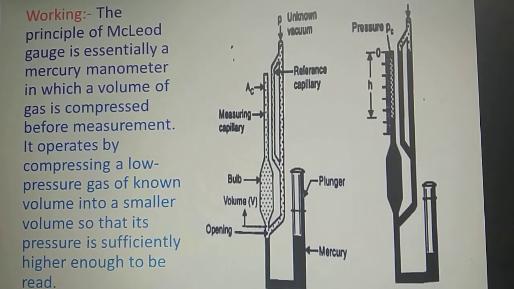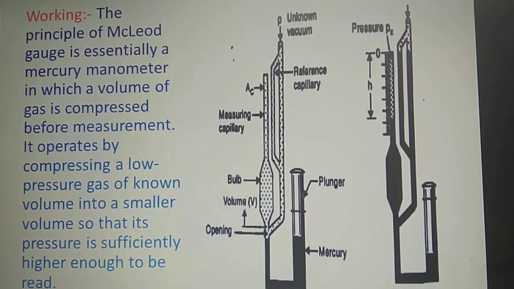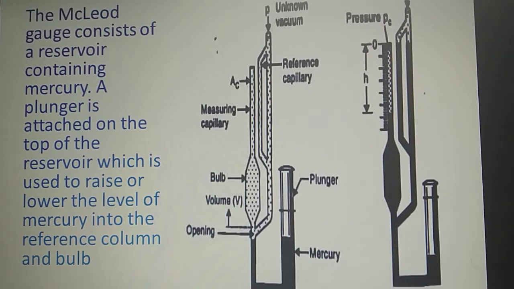Now see, here you have a mercury reservoir at the bottom in the capillary, and there is a plunger, right? And the opening of the mercury manometer tube is shown in the diagram. Measuring capillary and reference capillary are also shown here, right? And in the nearby diagram there is one more diagram shown, which is a reference capillary actually, right? The scale is calibrated on it. If you compare these diagrams with the earlier diagram, then you will come to know.